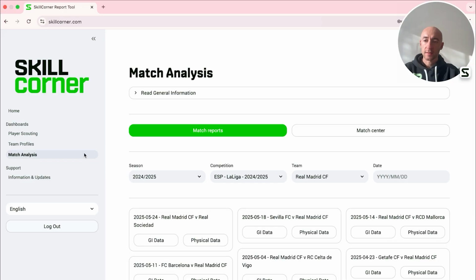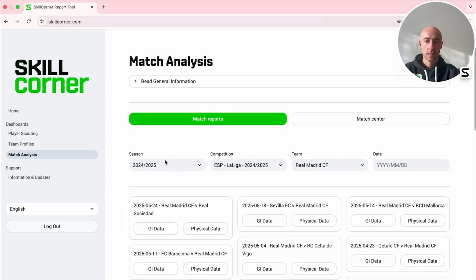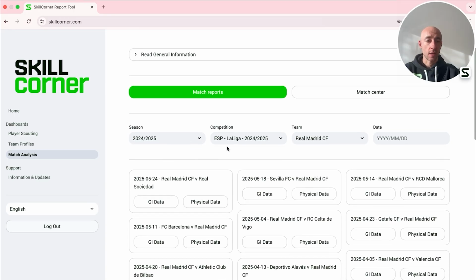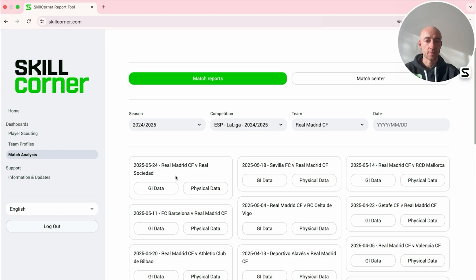The third and last dashboard available in our Skill Corners WEBAPP lab refers to match analysis. Here you have two main subsections, match reports and match center. Under the match reports, you can download match reports of two types, game intelligence data and physical data, belonging